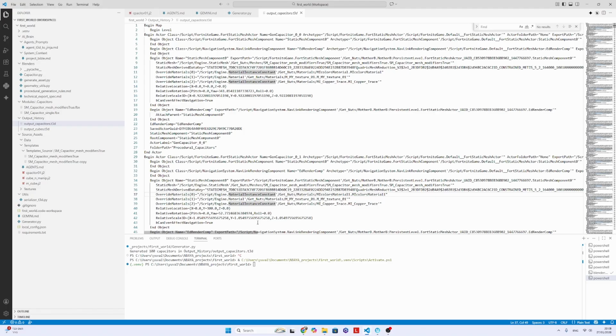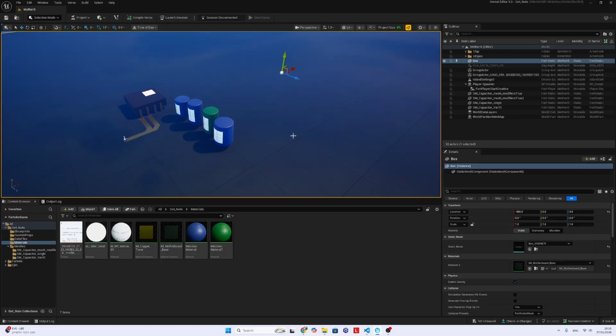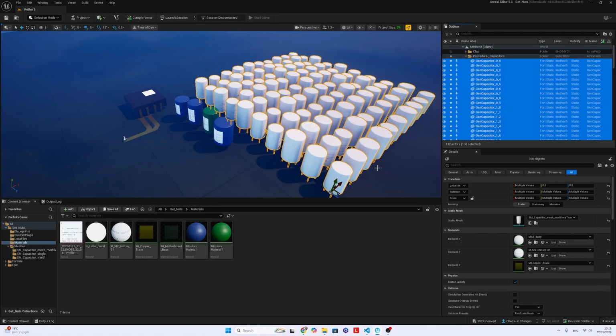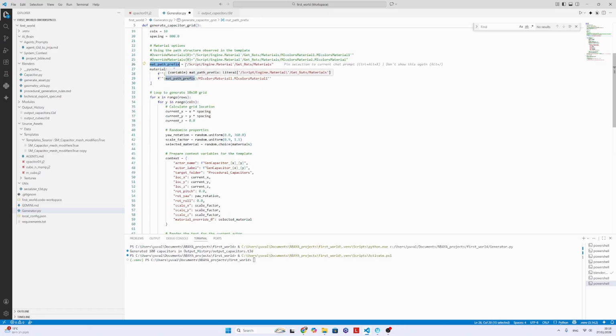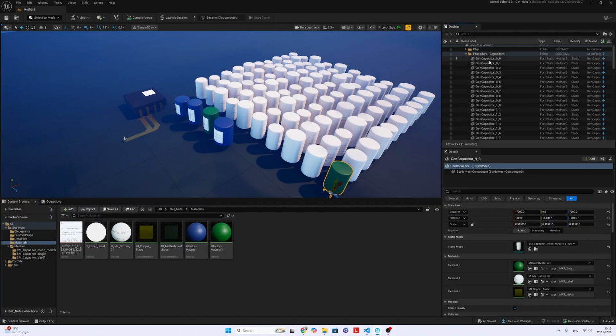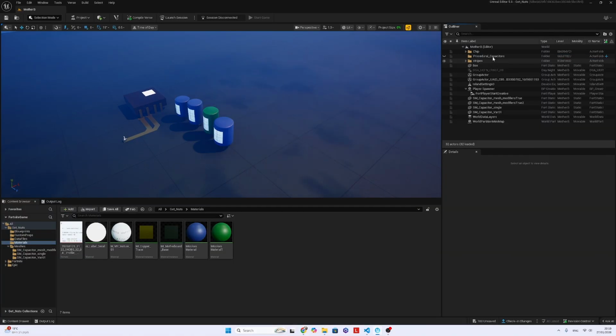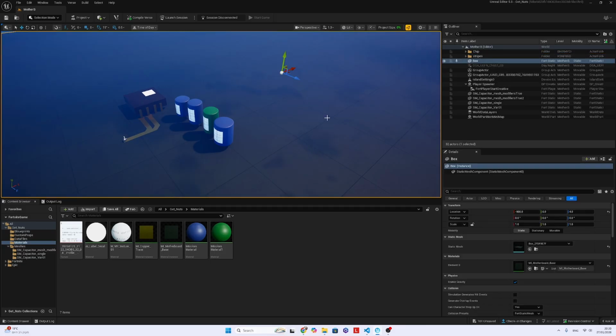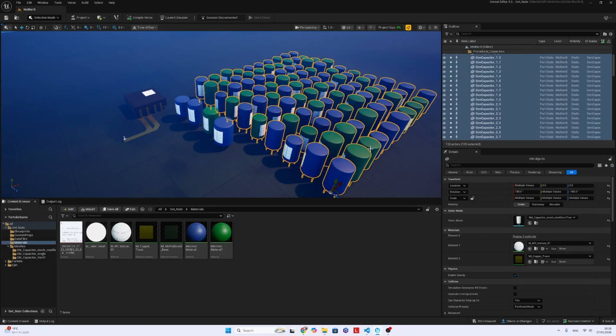I only gave it the prototype, and then all the manipulation of the location, the scale, the color is being created through Python, actually. It's not Verse, it's Python. I need to create Verse on top of that to create the behavior, let's say exploding the capacitor, things like that.